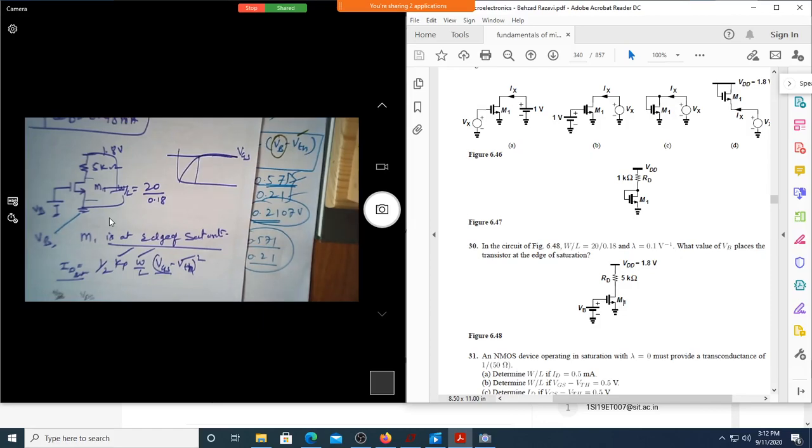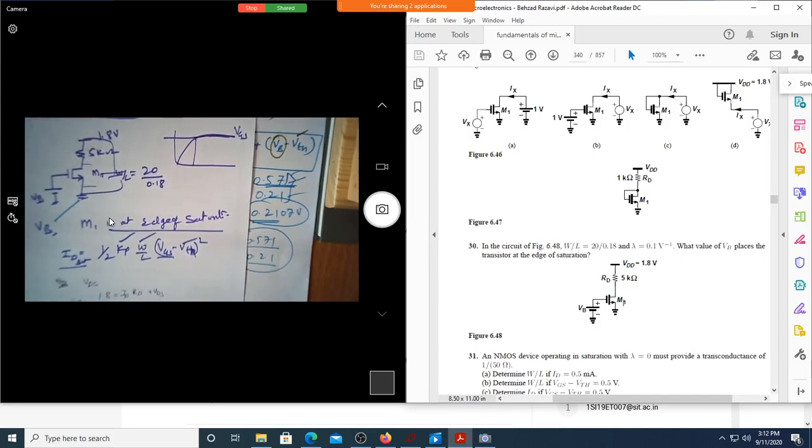Suppose you take 0.21, what happens? What is the condition of the MOSFET, Harini? Sir, linear. How come? 0.21 is less than 0.4. It is in cutoff region, because we are talking in terms of VGS. For the MOSFET to be on, VGS should be more than VTH, no? Yes. Then the MOSFET will be off. It is in cutoff region. Correct? Yes, sir. Okay.